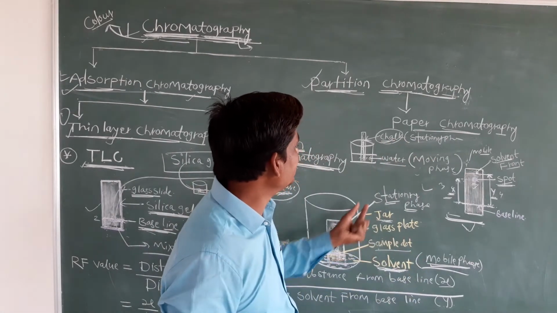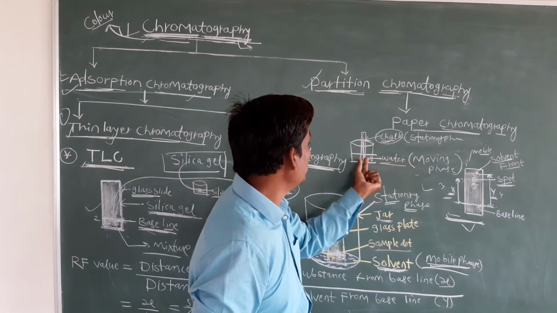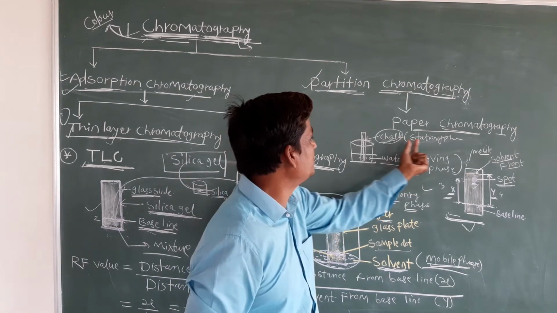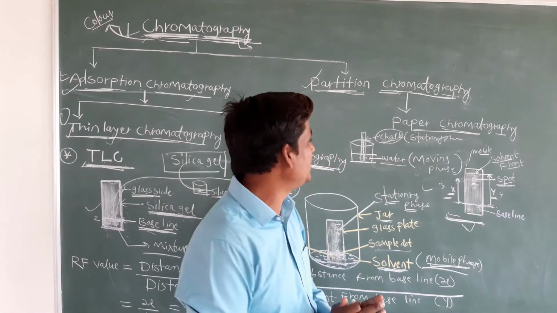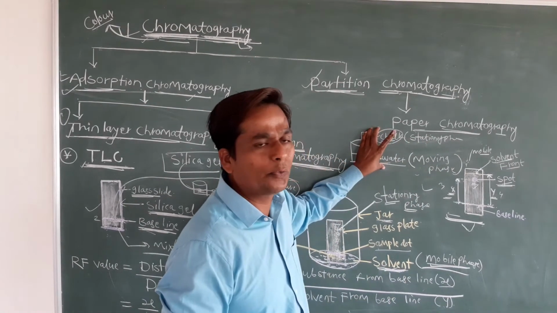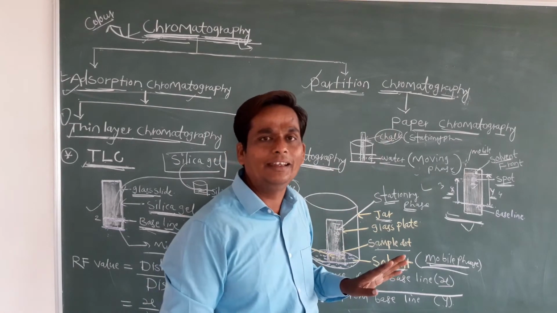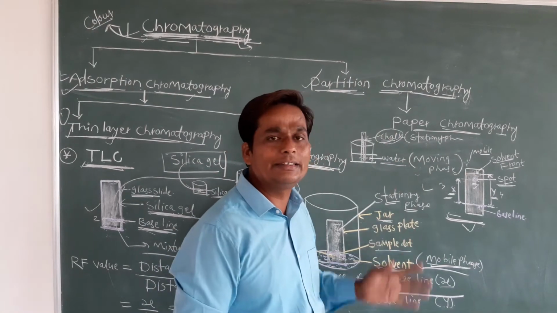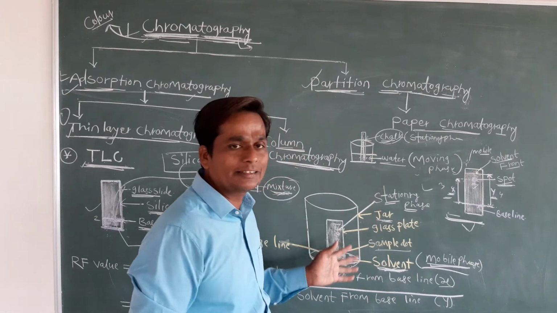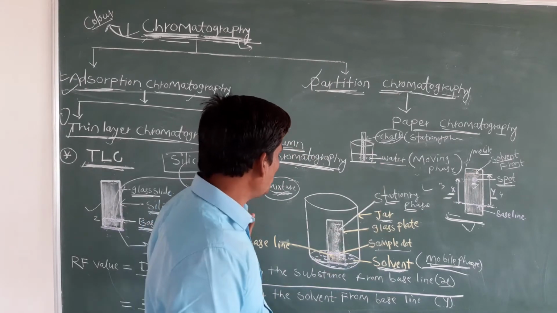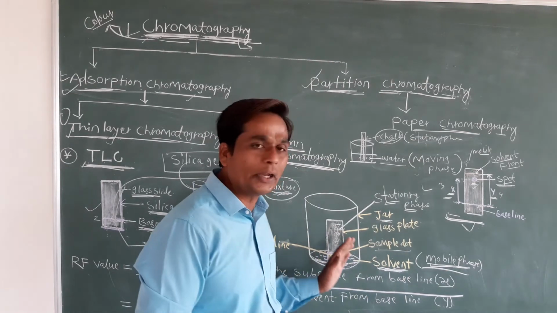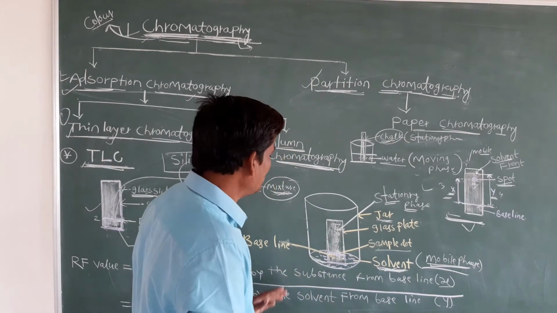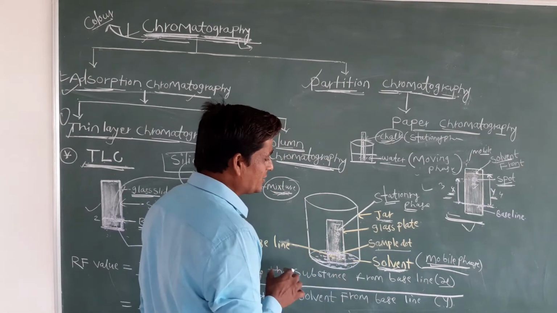In this case, the moving phase, this water, will run over the surface of the stationary phase. This much I want you to understand. It is a very easy concept, and the same concept we are going to apply here. If you understand this, you can easily understand that. So whatever glass slide we prepared by spraying silica gel and putting the mixture used for separation, we keep inside this glass jar.